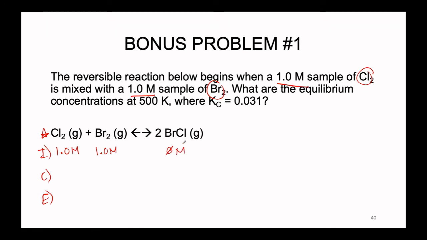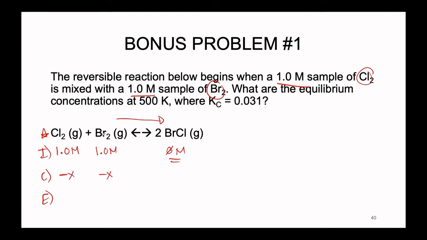Okay, so if we want to predict a change then, which direction is the reaction going to spontaneously move? Well, the first thing that we can notice is that we have 0 molar product initially. Now this means that the reaction is going to have to shift in the direction to actually create product, right? We physically can't go backwards. We cannot create reactants from literally nothing. So we're going to have to go from reactant to product here, meaning that our change is going to be minus x